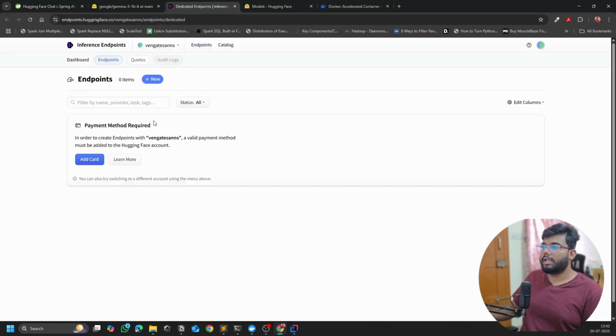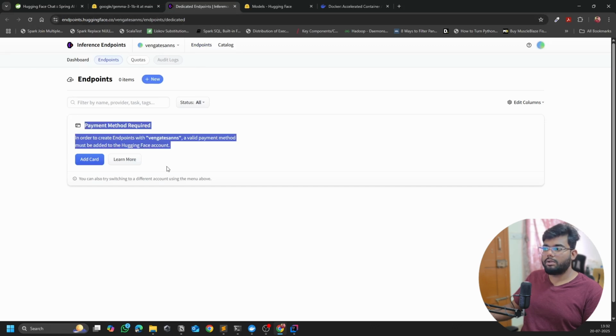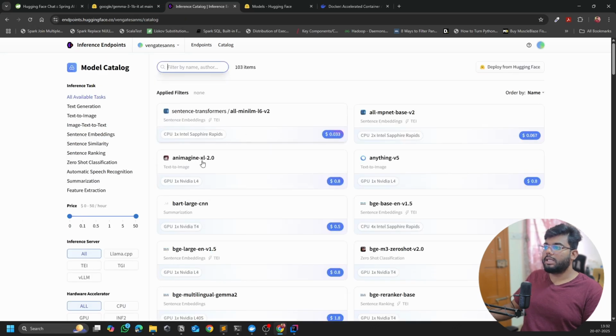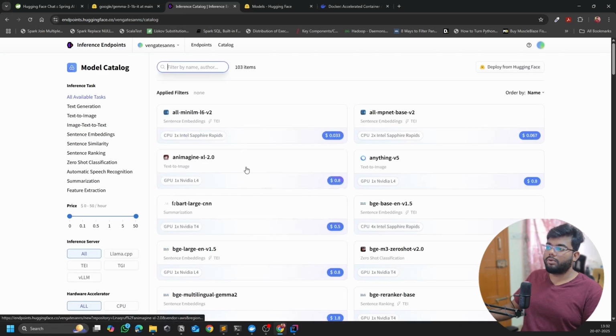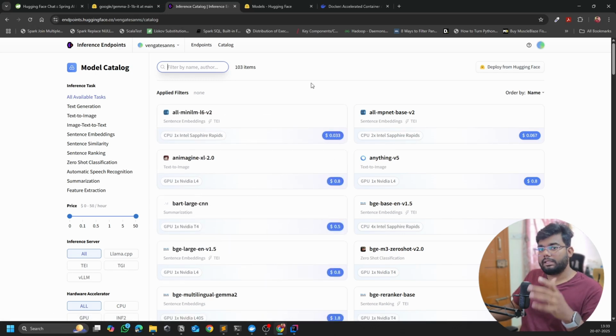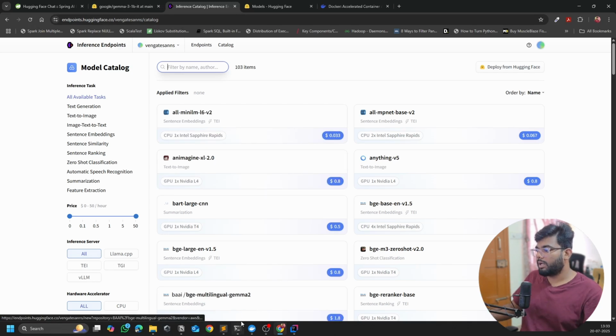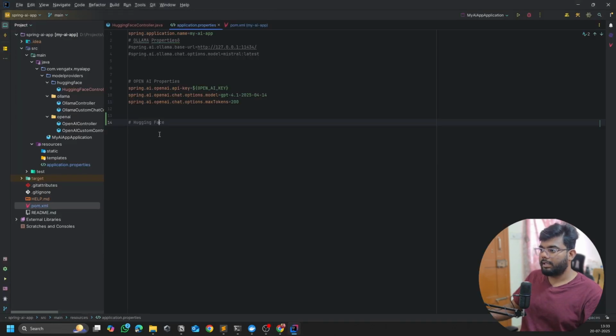You will see dedicated endpoints. Here you have to add your payment, and then you can access any of these. Let me click on new. Then you will see what the models are, and if you start to use a model with which configuration, how much charge you have to pay for it. That's what it is showing here. In case you are going to use the Hugging Face related endpoints, simply you can go and put the API key here. That's why I copied the API key,